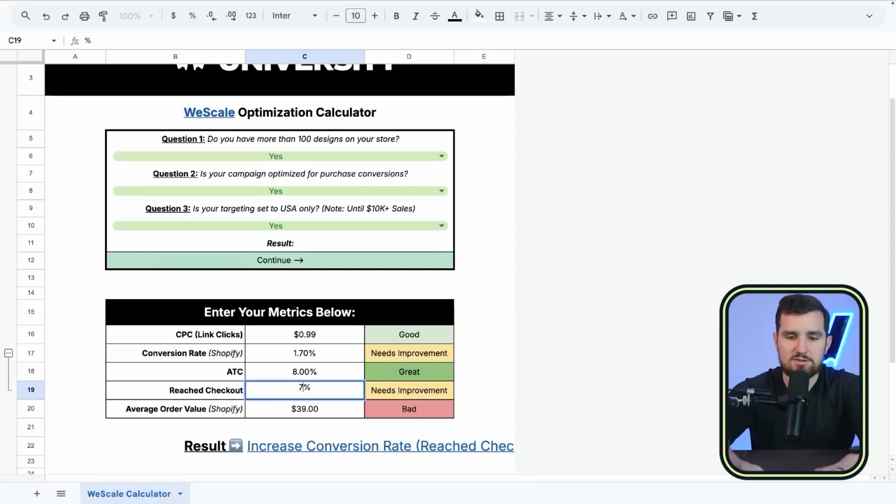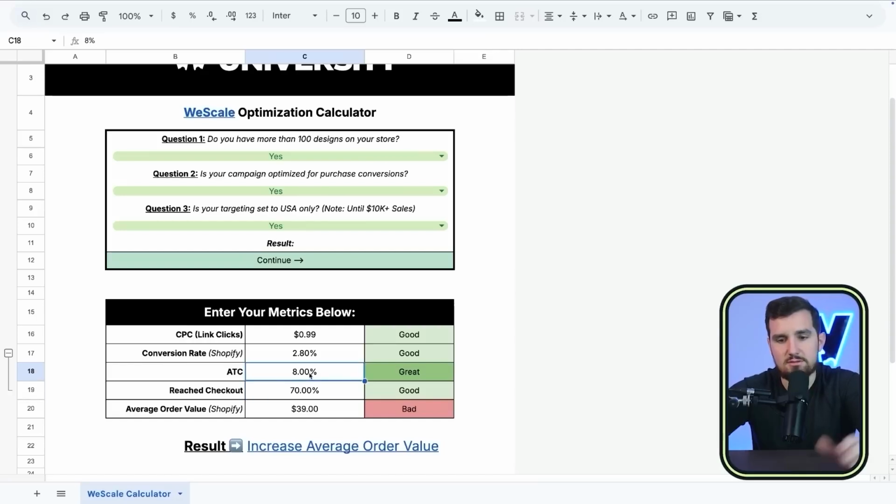So once this hits 70%, then if our add to cart and our reach checkout rate are both in a solid spot, then our conversion rate should be up in a good range. If it's not, then that tells us that it's just something on the checkout page that needs to be fixed. Because add to cart, back to that graphic, is the collection page, product page. Then reach checkout is the cart. And then from reach, if we have a good add to cart and a good reach checkout, but then our conversion rate is not good, then we know that it's just something on the checkout page,